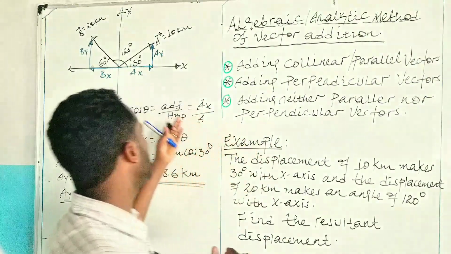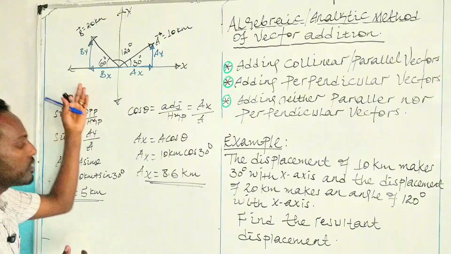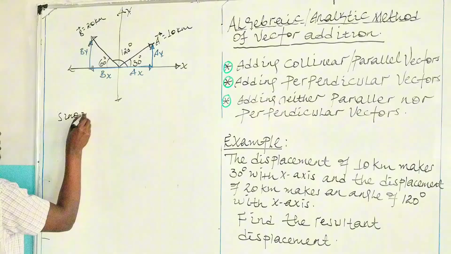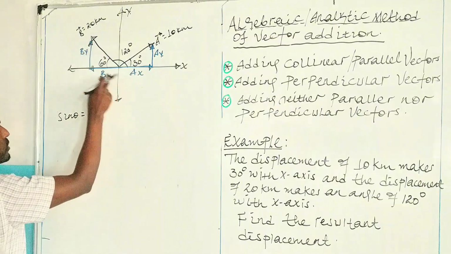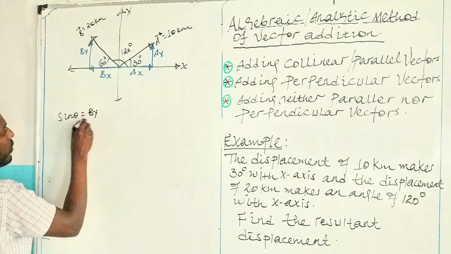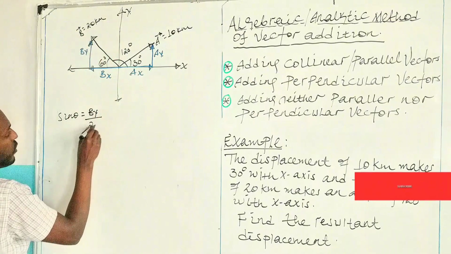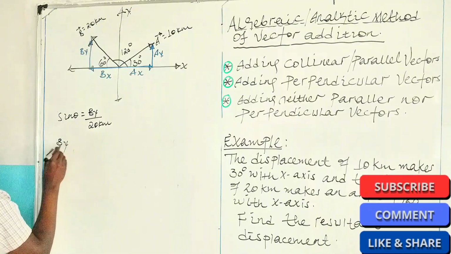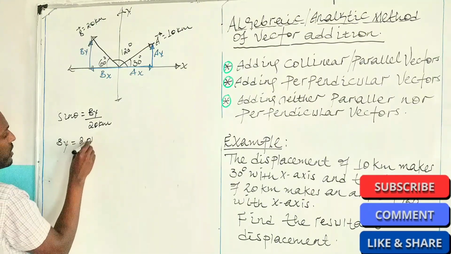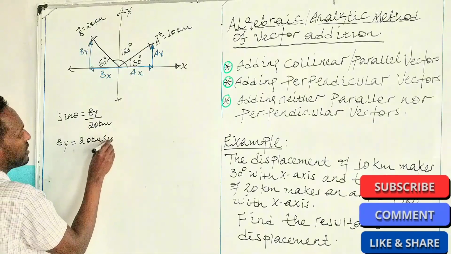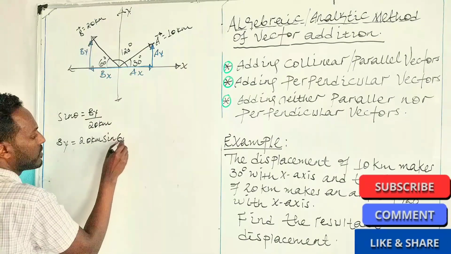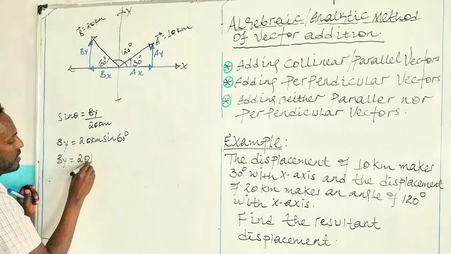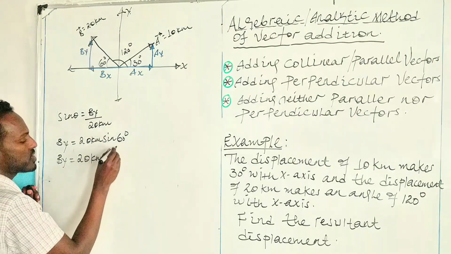Next we have to resolve the second vector, which is vector B. To resolve vector B, sin theta is equal to opposite over hypotenuse, which is By over the hypotenuse, which is vector B, 20 kilometer. So By is 20 kilometer times sin 60 degree. Then By is equal to 20 kilometer multiplied by sin 60, which is